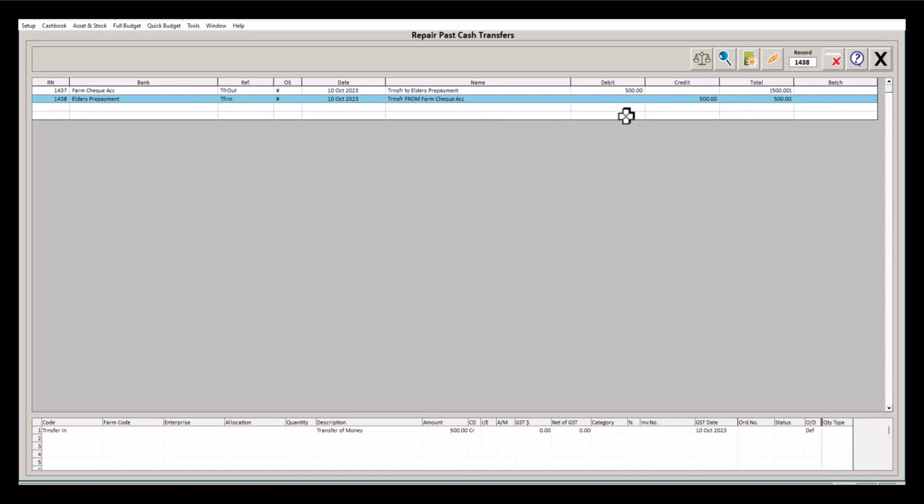We recommend only using this tool if it's absolutely necessary, as making any changes through this tool will affect closing